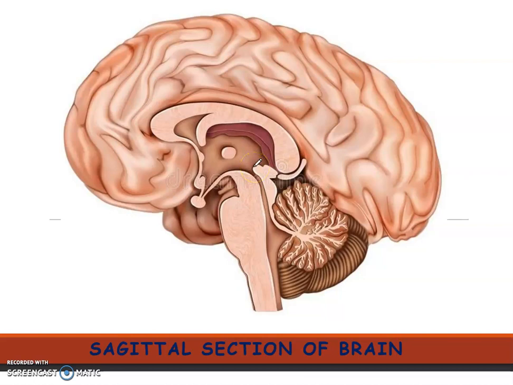Hello and good morning. Today our topic will be the ascending and descending tracts of the spinal cord, and this is the sagittal section of the brain. Sagittal means if we are looking at the brain from upside down, and then we will be cutting it into two sections, and we are seeing currently one section from one side laterally, and that is known as the